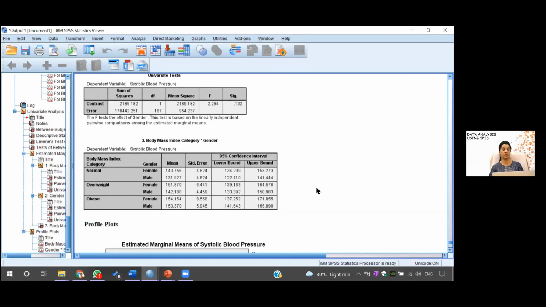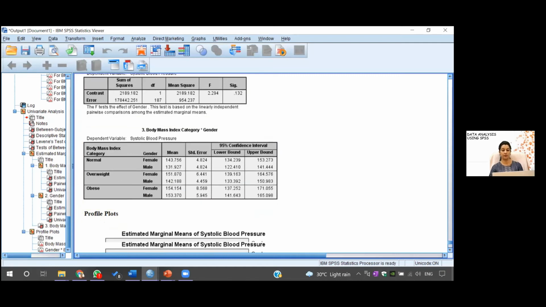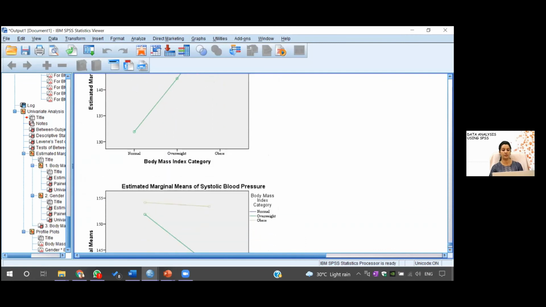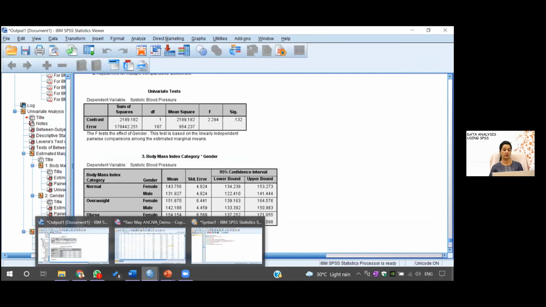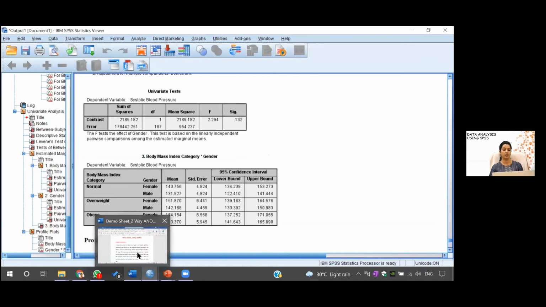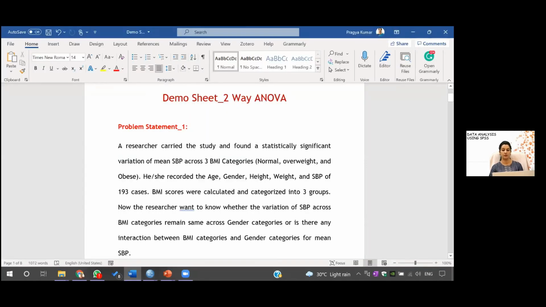This gives you again the pairwise comparison across the normal female and normal male. And this is the profile plot which you have already seen. We have checked it. So now how to report this? So again, I'll go back to this interpretation. So if you come down,